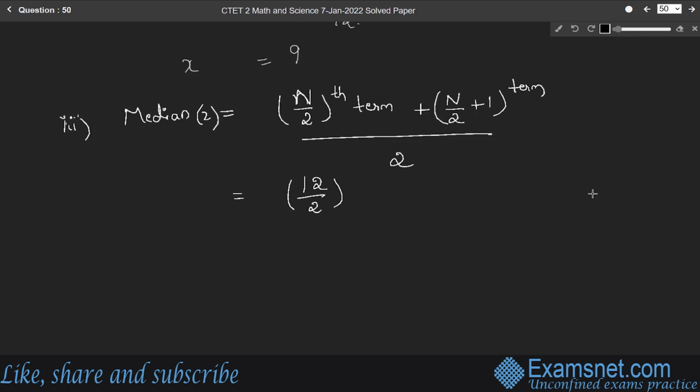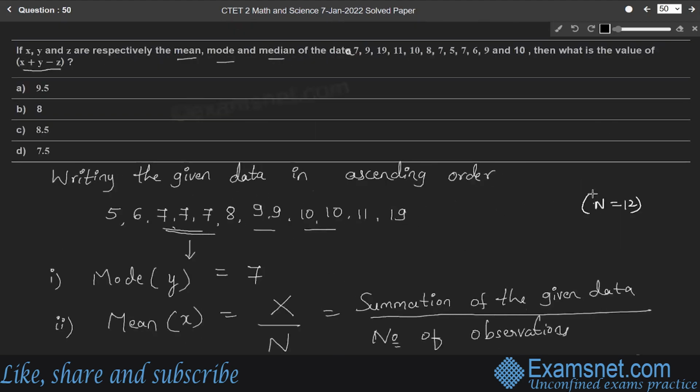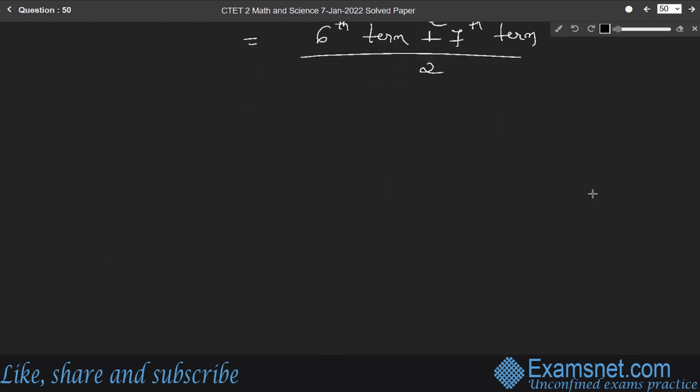12 by 2th term, it is not 12 by 2. 12 by 2th term plus 12 by 2 plus 1th term divided by 2. So what is 6th term plus 7th term by 2? What is 6th term here? So it is 1, 2, 3, 4, 5, 6. 8 is 6th term, 9 is 7th term. That is Z is 8 plus 9 by 2, which is 17 by 2,